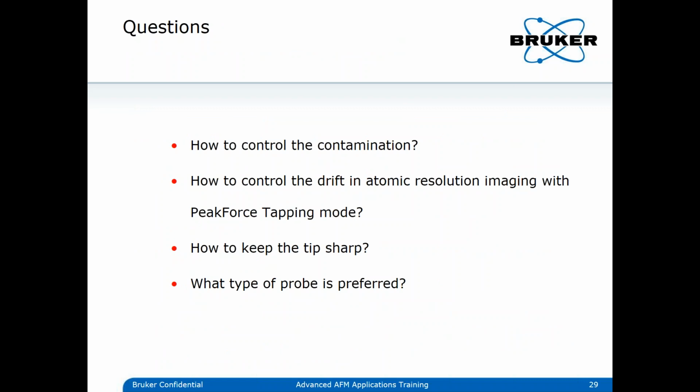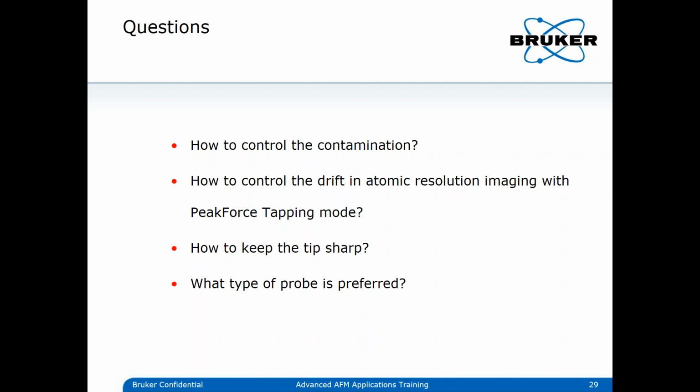So coming to the question part here again, so how to control the contamination. So first of all, work clean, use pure analytical grade water if you work in water. How to control the drift with the peak force tapping is basically you have to wait longer for the system to stabilize. How to keep the tip sharp again is to avoid running into contaminations, and to